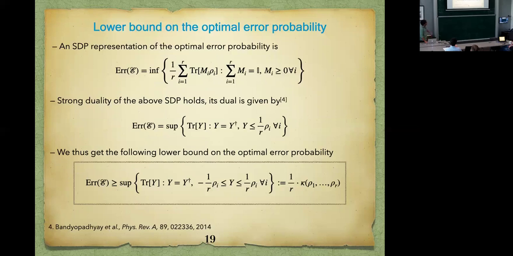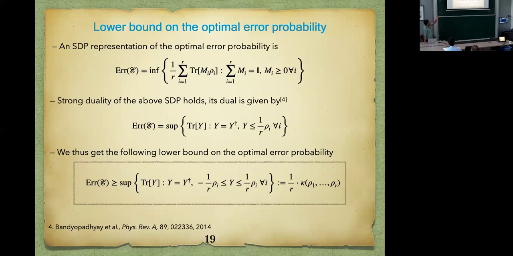Okay. Now we get a lower bound on the optimal error probability. How do we do that? We can represent the optimal error probability in this SDP form. If you look at the first SDP, that's nothing but the definition of the optimal error probability. You want to take the infimum of that average error subject to the POVM constraint. And if you calculate the dual of this SDP, it turns out to be the second SDP that is there, and